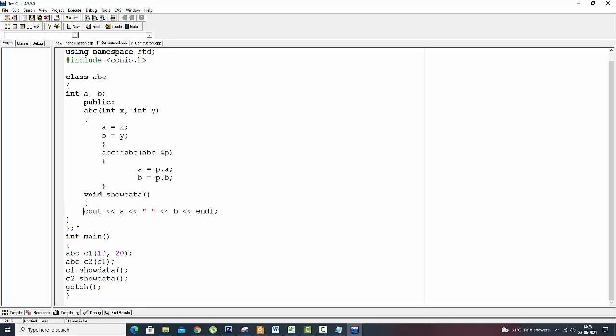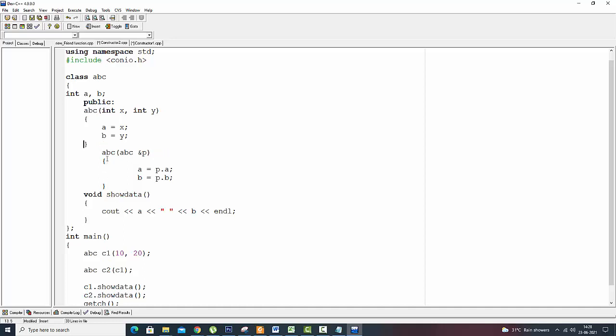Here void show data is present, and also this void is present. Okay, so now we have two calls from the main function, we will see all of them one by one. So first of all we are creating an object whose name is C1. Since this one is C1, let me make this one with no need of scope resolution, I am just doing it like this, no need of making it elaborate. So this one is under this one, so just tab, and here also one tab. So now it is fixed.